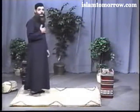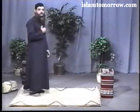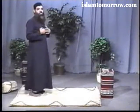And the first thing that I'm going to do is preparing and getting my intention ready for the prayer. It's the act of the heart, it has nothing to do with the tongue. You don't say your intention, but you have your intention ready in the heart. Now facing the direction for the salah, and after you have your intention in your heart, you're going to